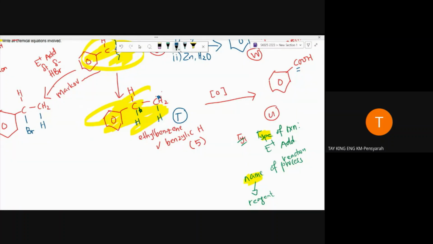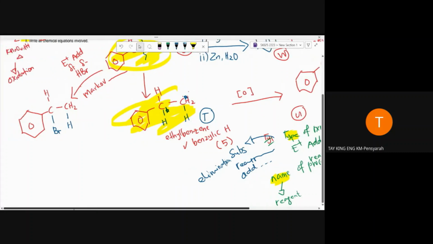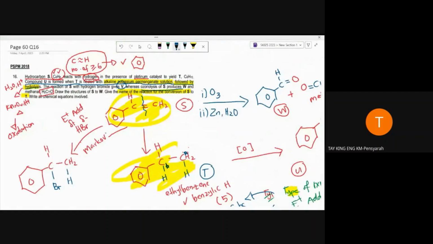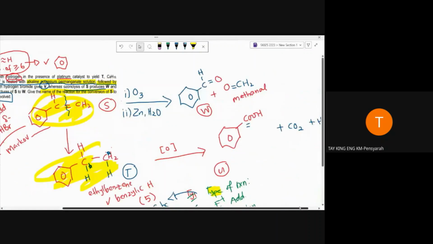Kalau type of reaction, kita boleh fikirlah either is like substitution, rearrangement, addition, elimination. Okay, 4 type ini kita belajar dalam chapter intro ini adalah type of reaction. So kalau macam bromination, hydrohalogenation, Friedel-Crafts alkylation, all that will be considered as name of the process. Okay, so write the chemical equation. I think roughly kita sambil kita bincang the structure, saya sudah tulislah dia punya reagent. Okay, I think the side product pun saya dah bincang. CO2, H2O,